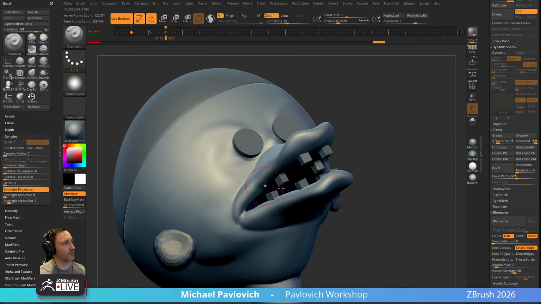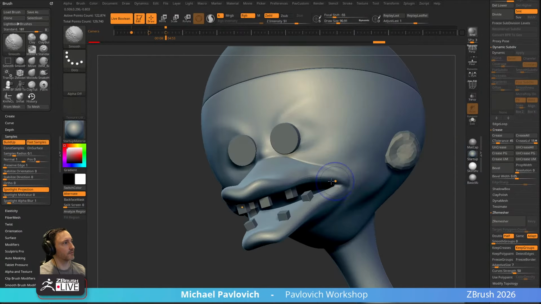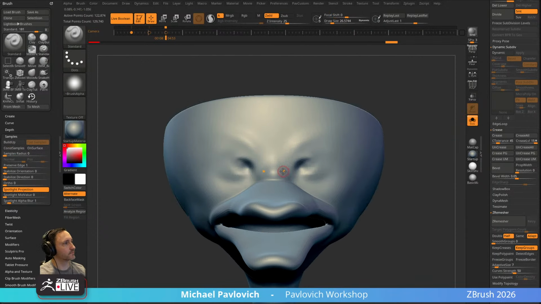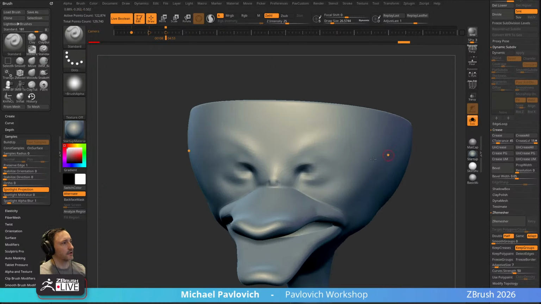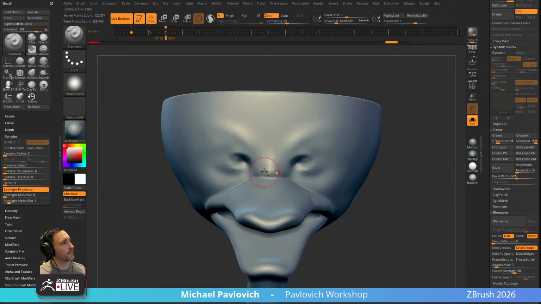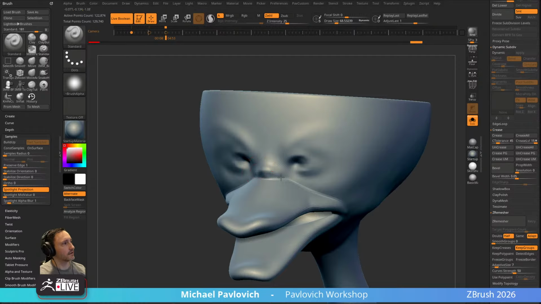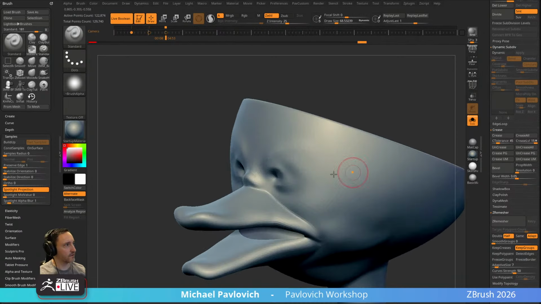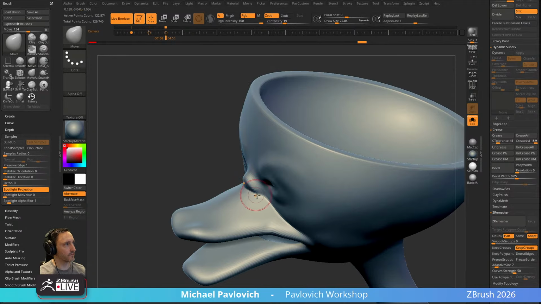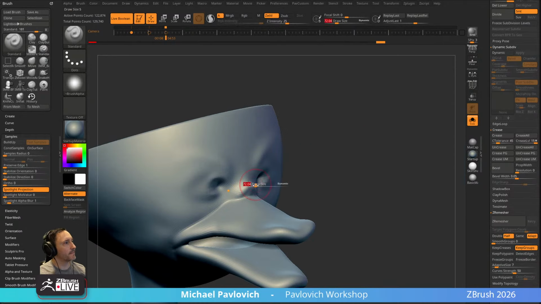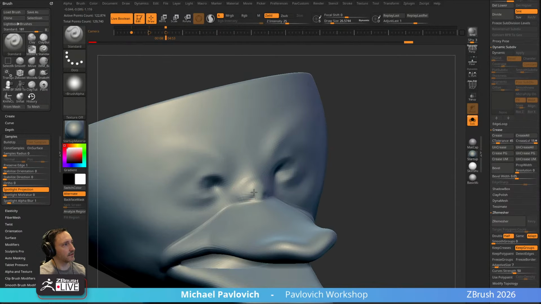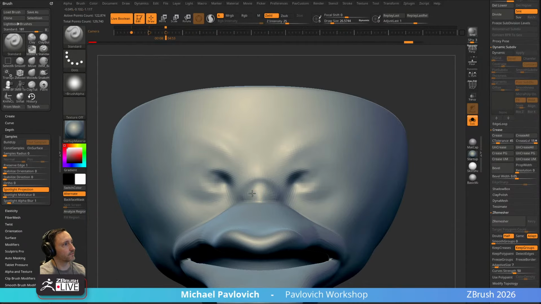Like I said, we could always rebuild all of this geometry if you needed to, and then reproject our details, depending on how far we get. But we'll go ahead and just really quickly pull this nose out like so at the top. And I'm going to pull this out just a little bit, and then we'll dial in those two little vertical